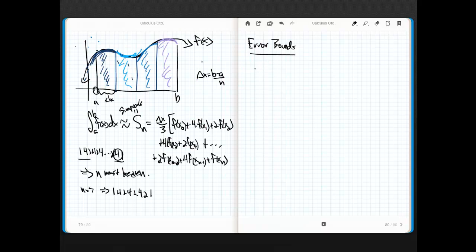So it's a really cool way to explore error bounds. Here's what I want to be able to figure out. An error bound simply tells me how far away I can expect the approximation to be from the real value,